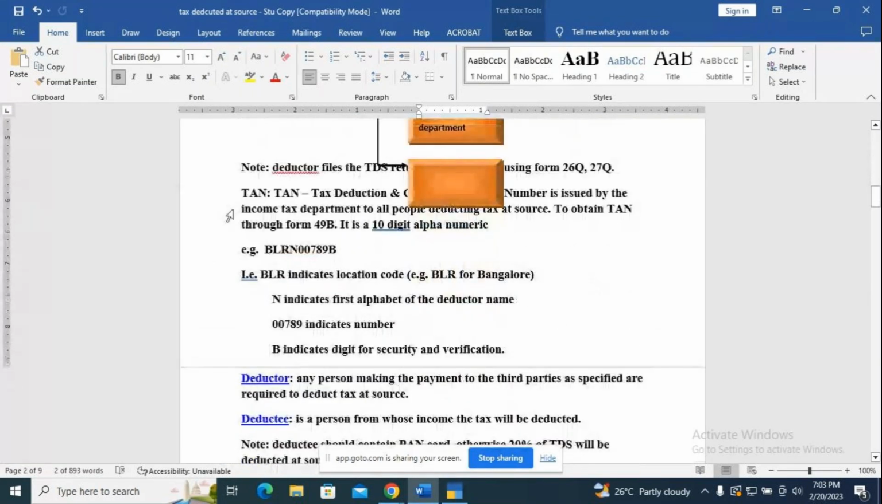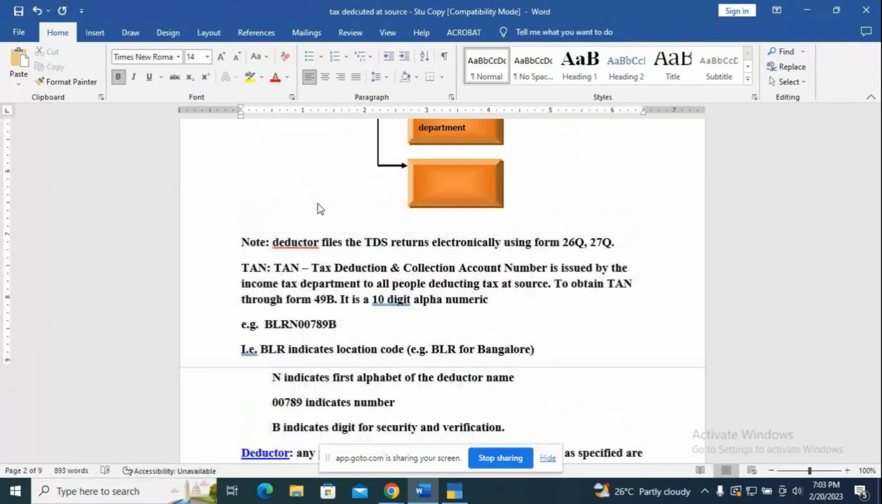So now, the deductor files the TDS returns electronically using Form 26Q and 27Q. In order to deduct the tax, I should have a TAN number. When do I get this TAN number? Say I am starting up a new business. I go to the income tax department telling that I am going to start up a business, and I give the related documents, everything. Then they give me the GST number. When we were discussing GST, I had explained that. At the same time, they are going to issue me a TAN number,